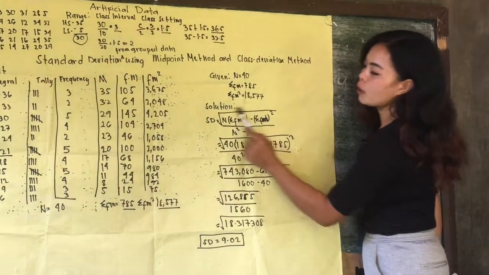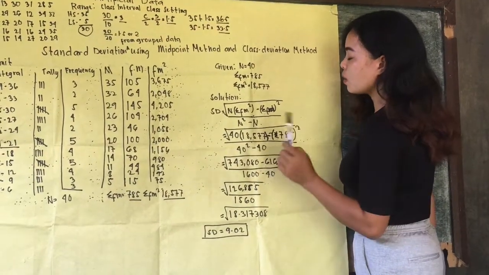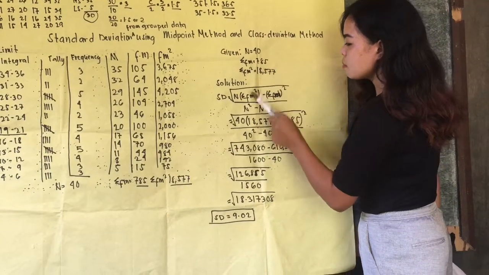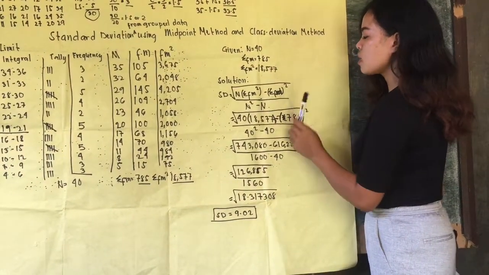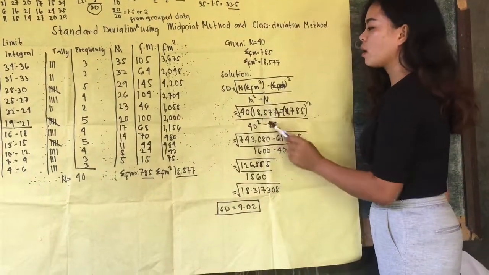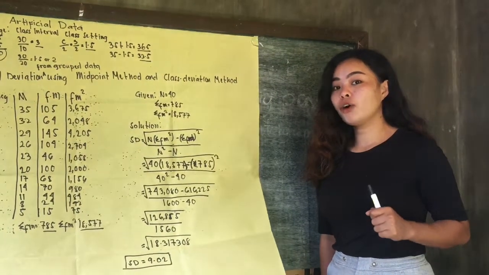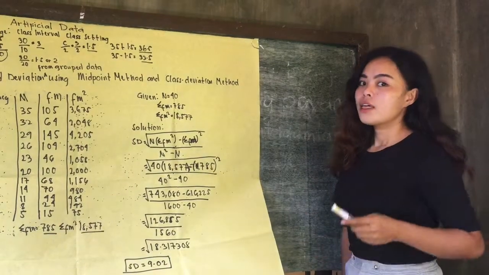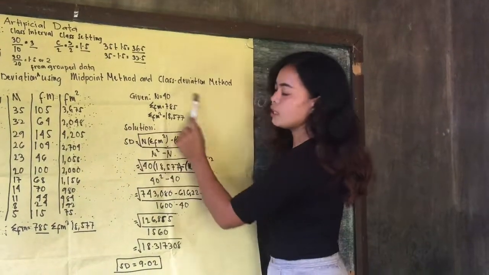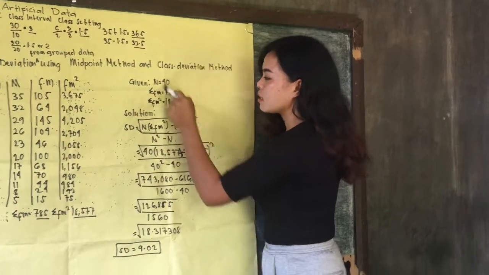So this will be our formula for this method. SD is equals the square root of n times summation of FM2 minus summation of FM squared divided by n squared minus n. Take heed before substituting the value. Write first the given for us to easily substitute these values